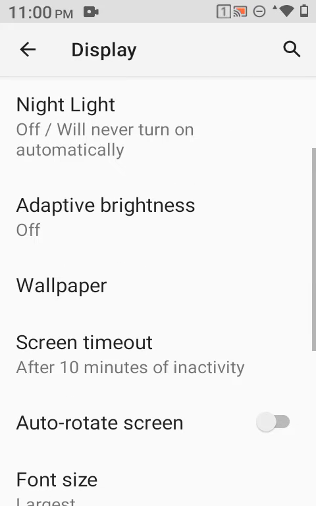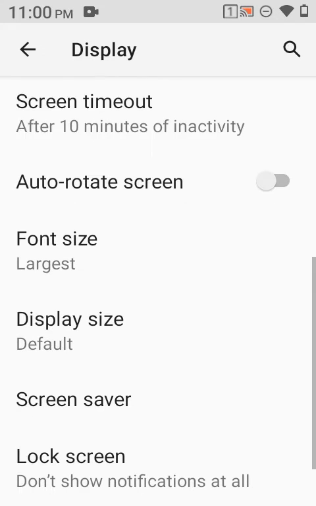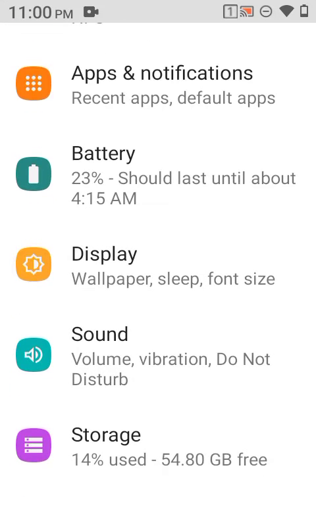The next thing is on settings, you scroll down, display, advanced, screen timeout, 10 minutes of activity should be the minimum. Your font size should be set to the largest. And then scroll down again